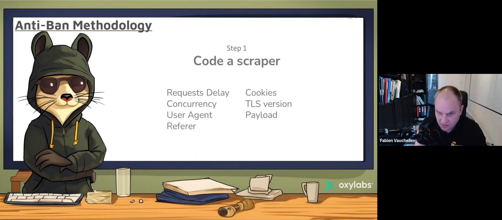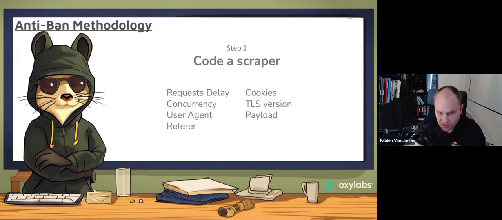We can adjust the delay between requests, the number of concurrent requests, the HTTP headers, making them consistent. We can set whether we use cookies or not, change the TLS versions, adjust the payload and the order of requests. If it's not working, perhaps we are doing all the requests from the same IP address, the same